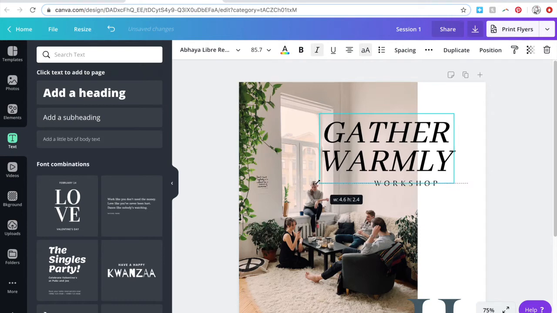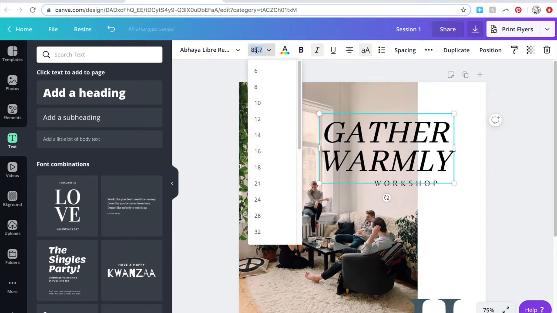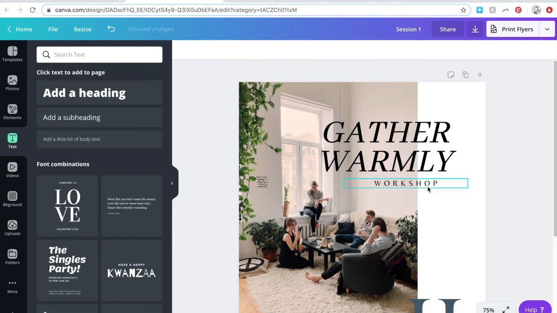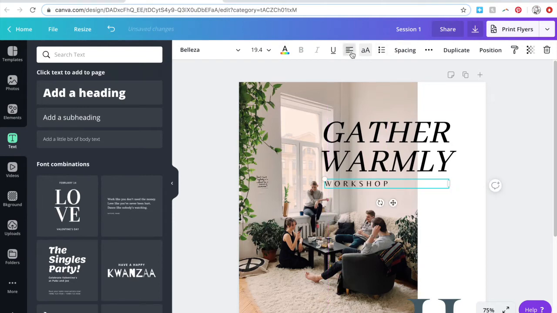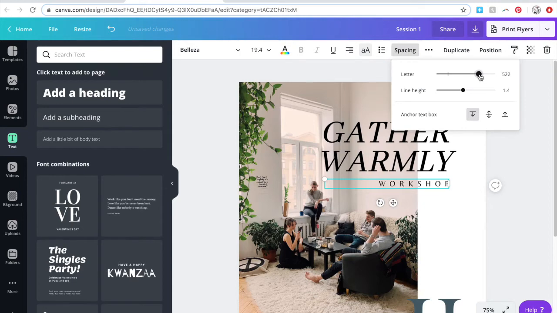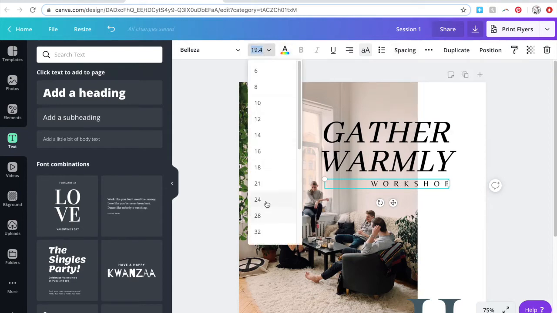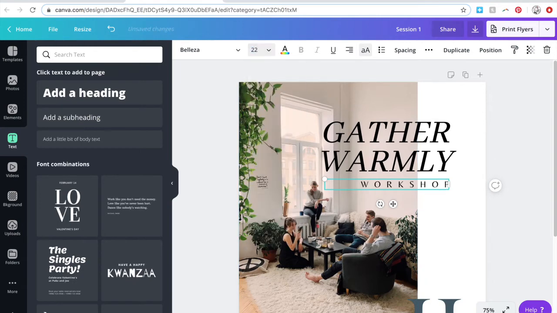Okay, so we're just going to experiment with the sizing and placement a little. And this is something that will really depend on your photo and your text. It's something that our inspiration piece really can't help us with. They have a completely different look. It's going to fall in a different place on the image, so we're just going to have to do quite a bit of experimenting with the size, spacing,